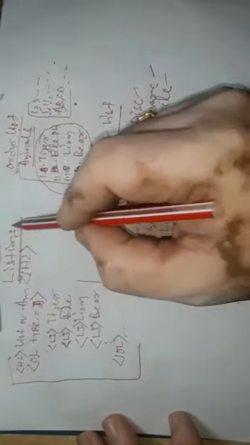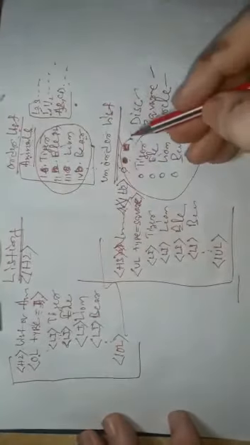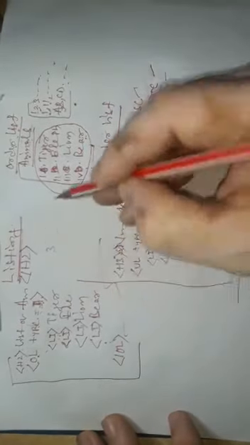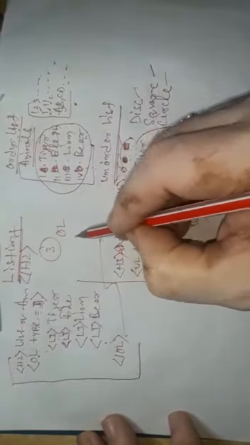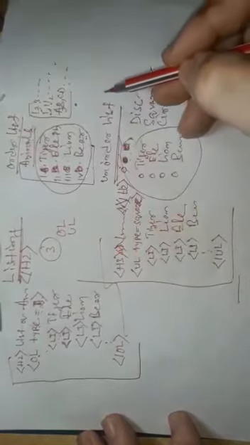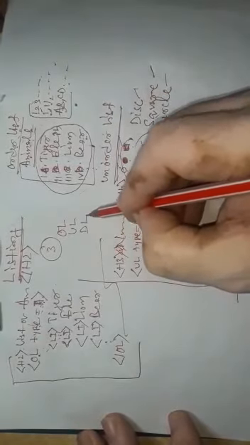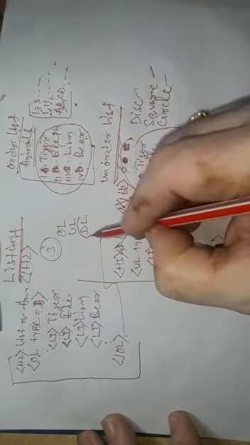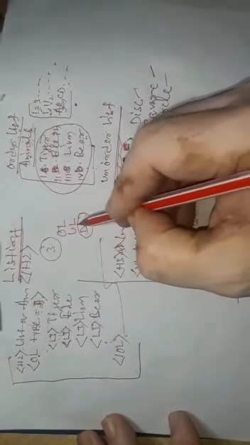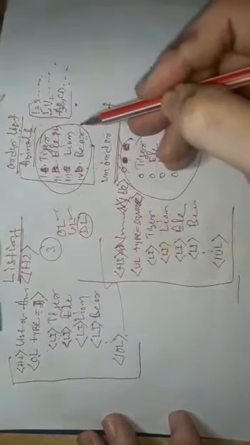So there are 3 types of listing tag. Remember, students, there are 3 types of listing tag. One is OL, that is ordered list. One is UL, that is unordered list. And one is DL, that is definition list. I will make one more video where I will teach you this DL. These 2 are related to each other. That's why I taught you together. Okay.